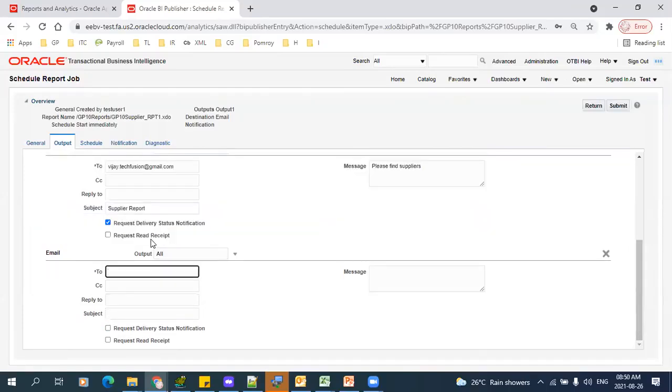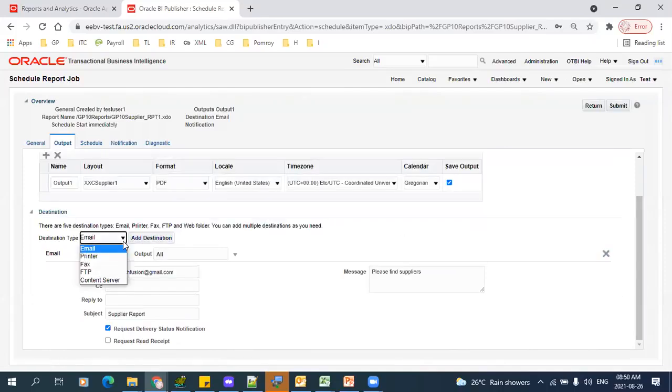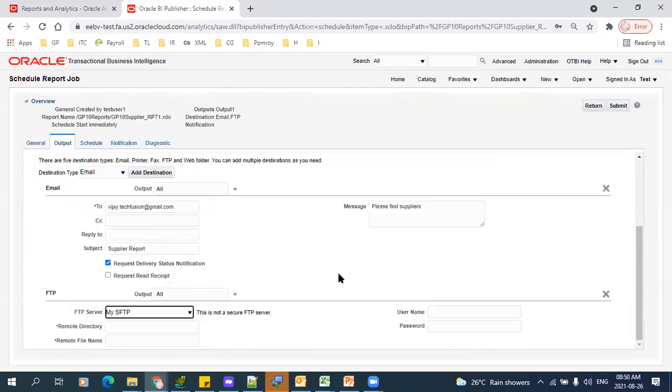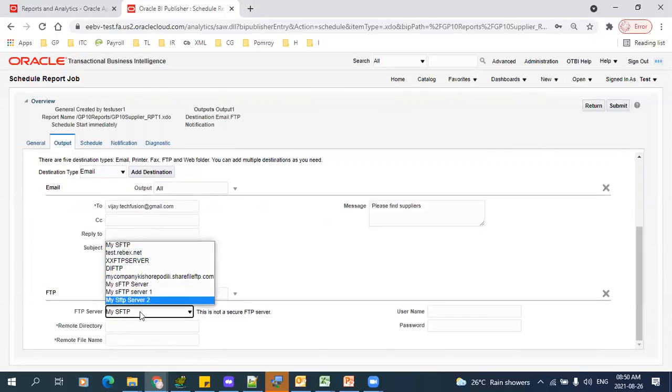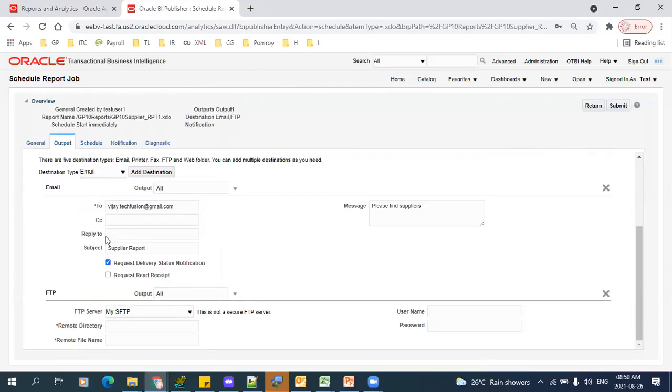The same way, if you want to save this output or copy the output to the FTP server, add the destination, select FTP and add the destination. You can see FTP servers here. A couple of FTP servers you are able to see here. How you are able to see these FTP servers is something other than email. Okay, if you want to go for an FTP,